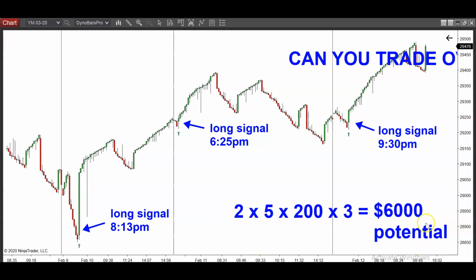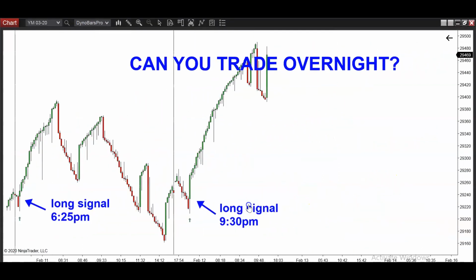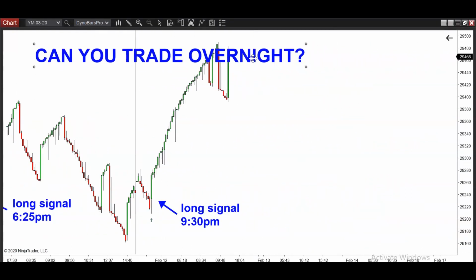Now, of course, I'm not saying you can grab the full $6,000 potential, but even if you were only able to grab a fraction of this, like half of this, or even a quarter of this, every week, and you can do this every week, week after week, month after month, year after year, at least here is somewhat of a decent and profitable overnight trading strategy, right? So anyway, to answer the question here, guys, to put it in stone, can you trade overnight and make money? It looks like the